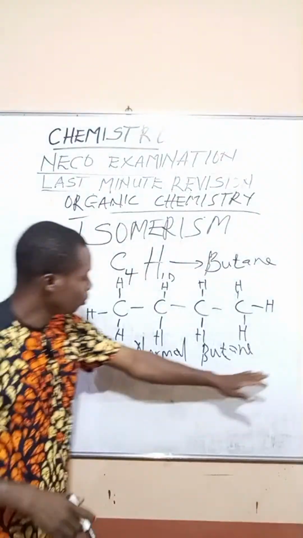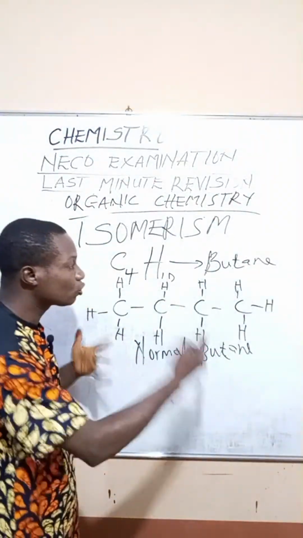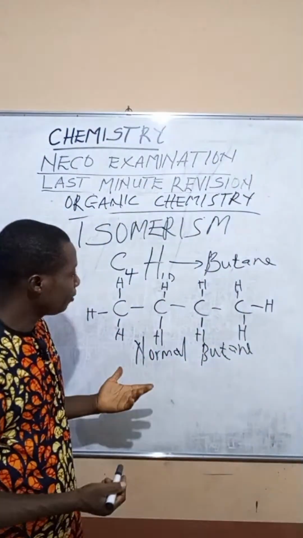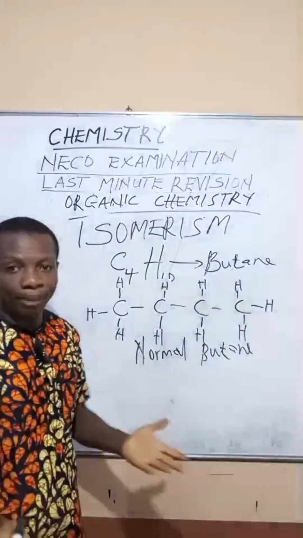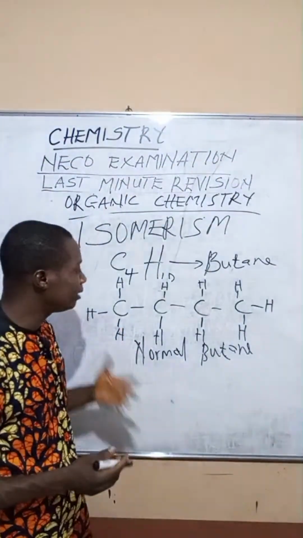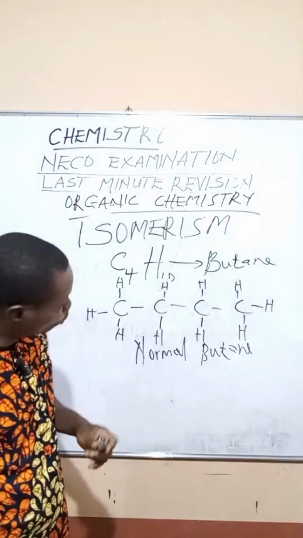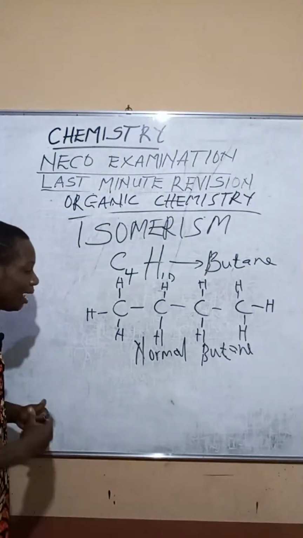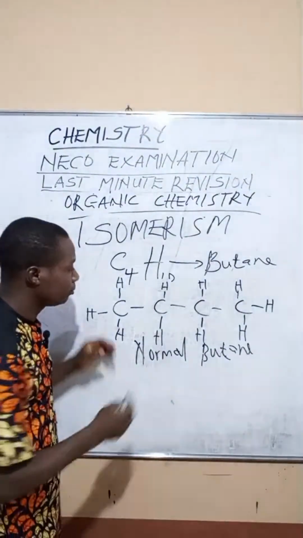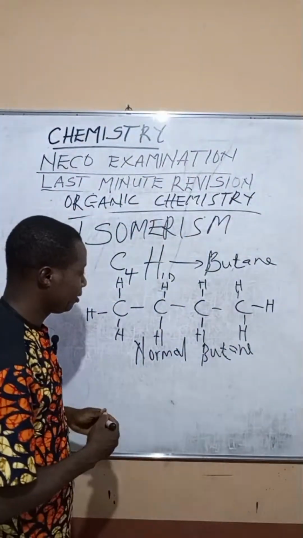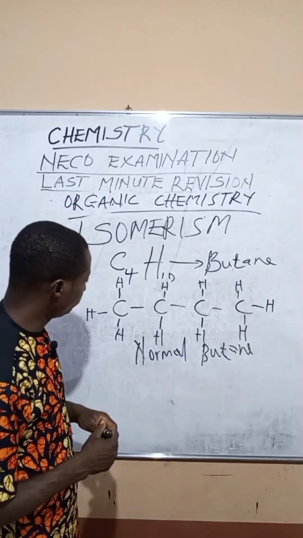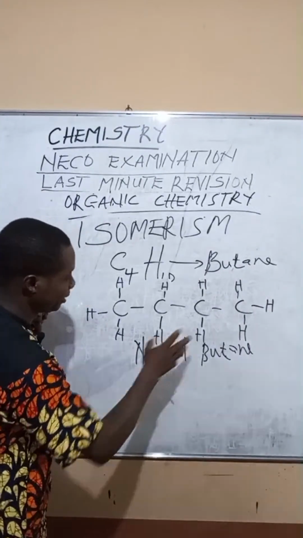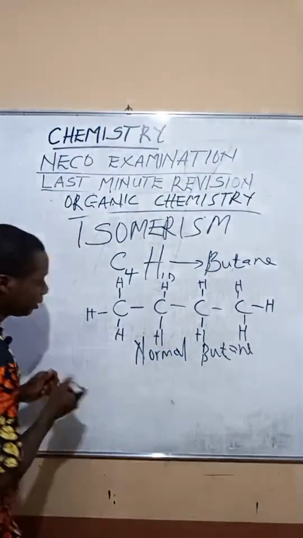All right. But there are other isomers of butane. Yes, we have the 2-methyl propane. So we can have the 2-methyl propane. Let's do the 2-methyl propane. Yes, we have the 2-methyl propane. That is